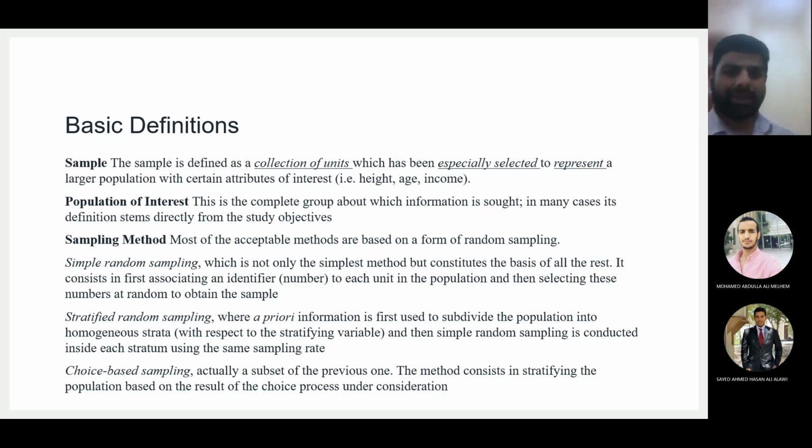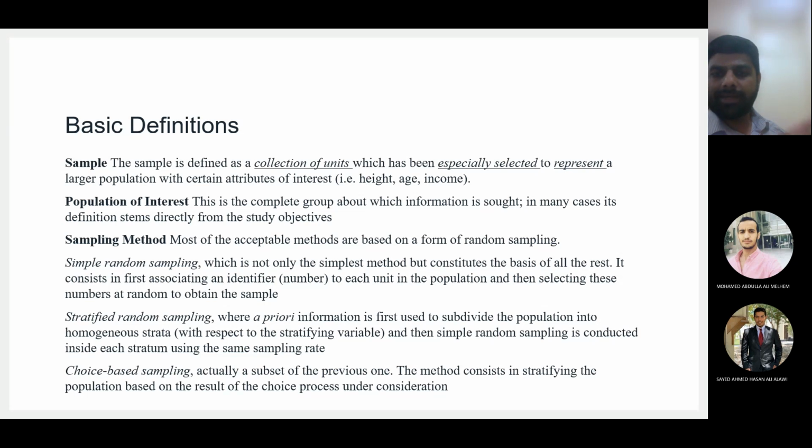I will do it randomly, and if the data comes from Muhammad, fine. If the data comes from Unab, fine, and so on. Random means that now you are not selecting anyone. Whoever is willing to respond, or willing to give you the data, or whoever is coming at the time of your data collection, you will collect the data from them. You will not say, I don't like this person, or this person is very rude, let him go, I will ask someone else. This is not random. Random means whoever comes in your data collection time, you will collect the data from him.